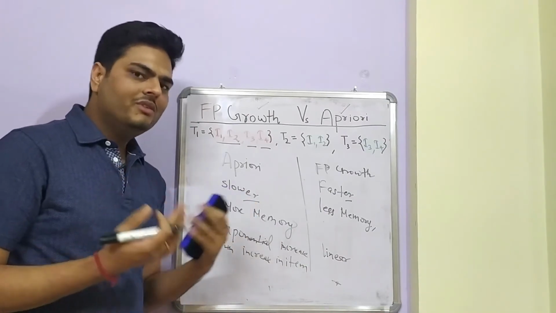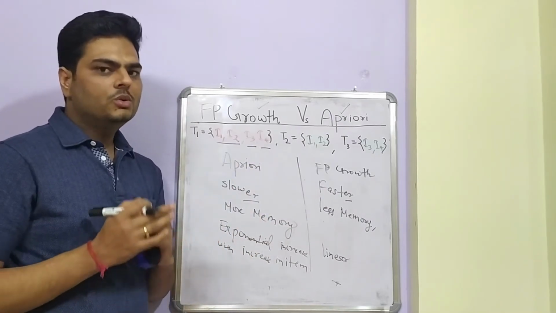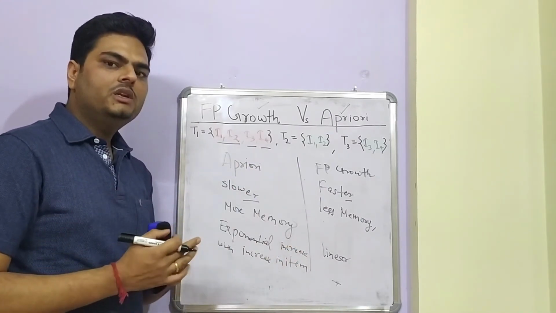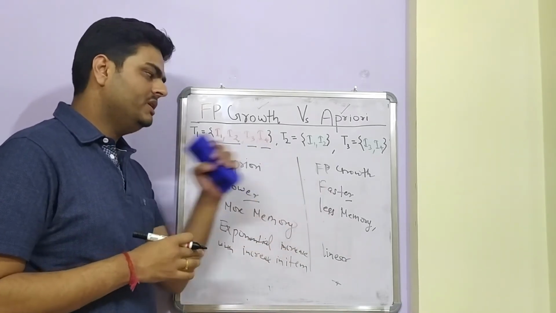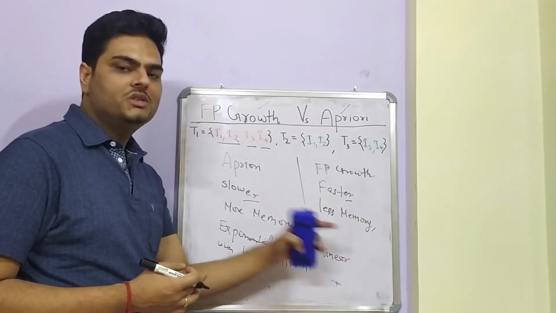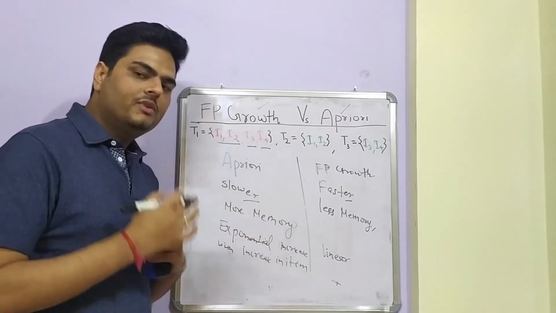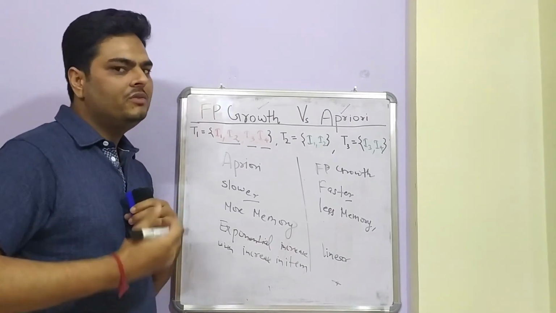Okay. But is everything that good about FP growth? There are some drawbacks of FP growth. So if you have many number of items, right, your tree will be very complex in nature. That is one downside of FP growth. Now, if you want to understand in more detail how this tree is created, I can take a set of items and make you understand that. Just write me in comment, I'll create a separate video for that.